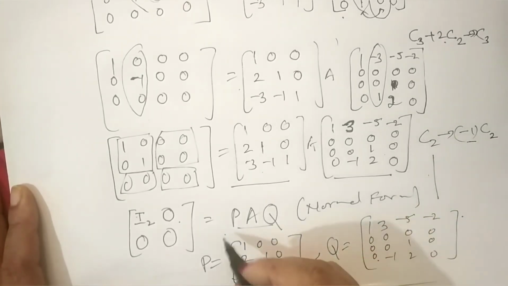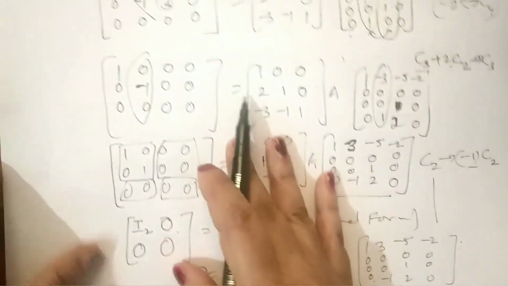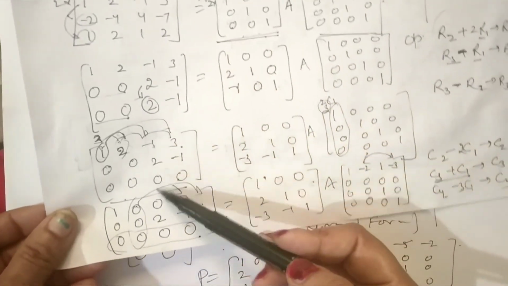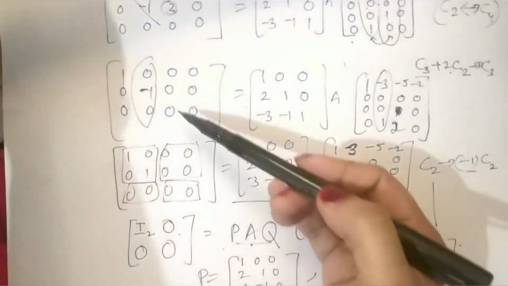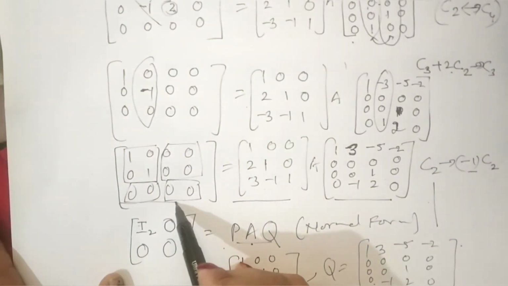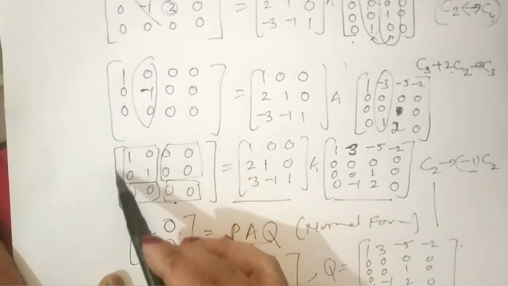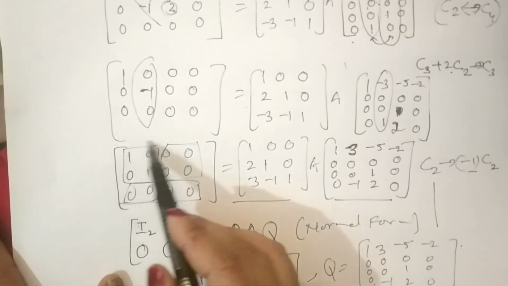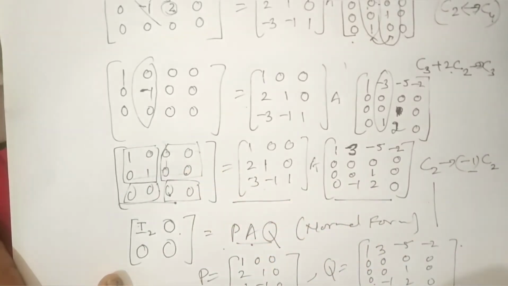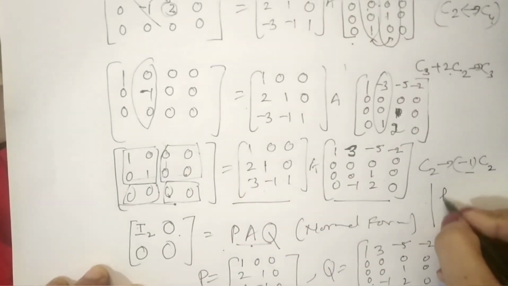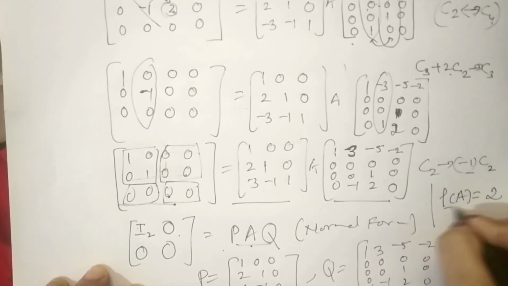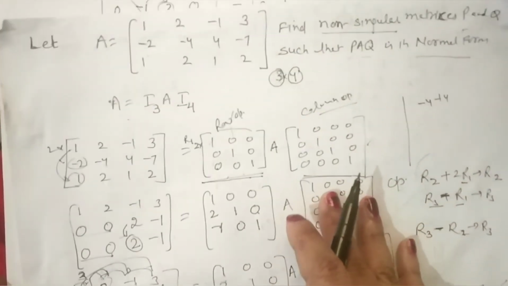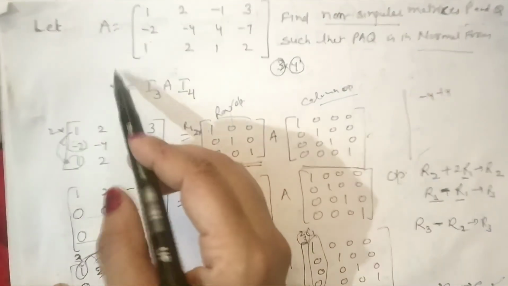And if it is asked to find the rank of A, then A was this matrix on the left hand side. We have operated with the elementary transformation row and column and changed this matrix to this matrix. So whatever the rank of this equivalent matrix after performing elementary transformation is the rank of A. So you can see its rank is 2 because only 2 rows are non-zero here. So if we have to write the rank of A, then it is 2. So you can check the rank, you can find P and Q. So this is a very important question. Generally in the final exam, the question from the rank chapter is this.